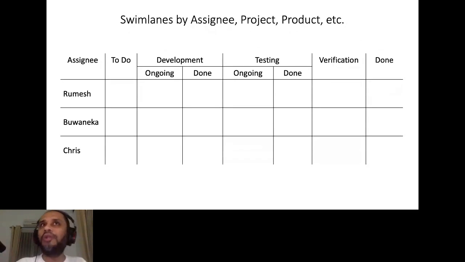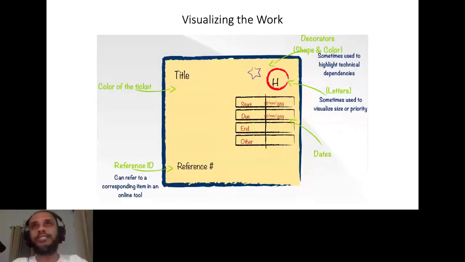It's up to y'all to decide how can I make my workflow visual, based on the type of work that our team is doing, based on the objectives that we have, based on what we are trying to achieve, how can we make our workflow visible in the most optimum manner? The next part of visualization is all about visualizing the work. So basically, in Kanban, we are creating Kanban cards.